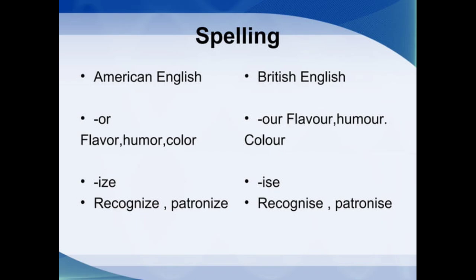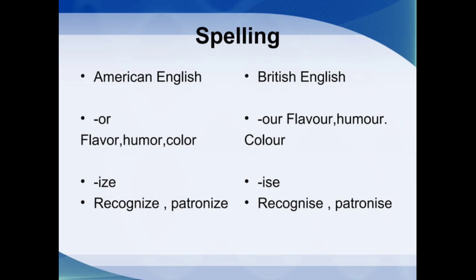Suffix "ize". In American English, words that take the suffix "ize" are spelled this way. For example, recognize, patronize. In British English, the suffix "our": words that end with the suffix "our" are spelled this way. For example, flavour, humour, colour. Suffix "ise". In British English, words that take the suffix "ise" are spelled this way. For example, recognise,